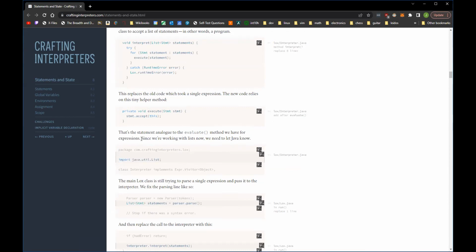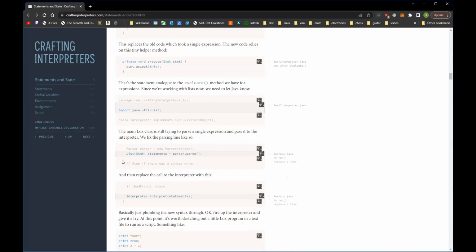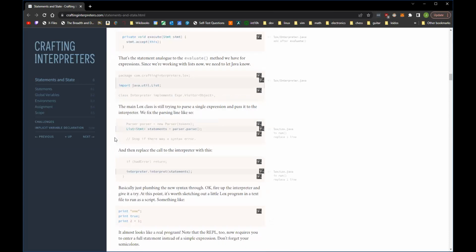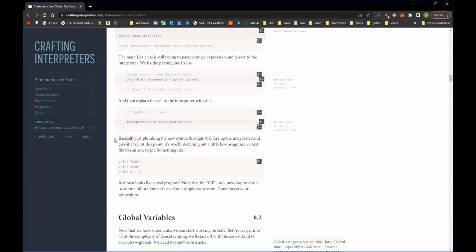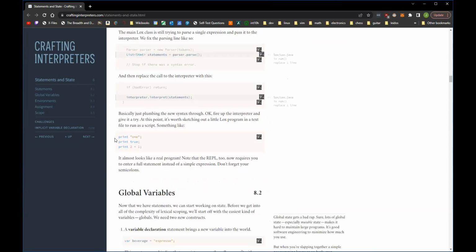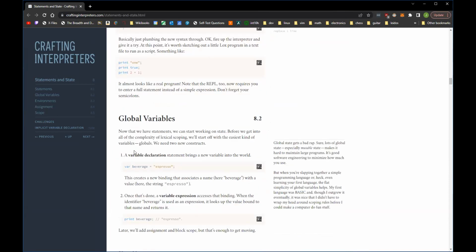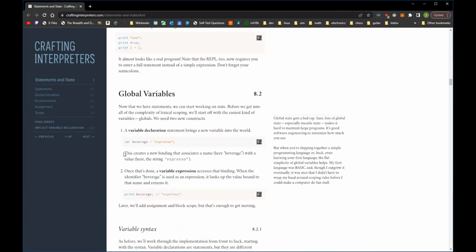I just sort of thought he would leave that out and just let our IDEs do the work, but I guess he's assuming that we're not using an IDE. Okay, so far we have print statements. Now, we add a couple more statement types, or no, just one more statement type, and then a variable expression.